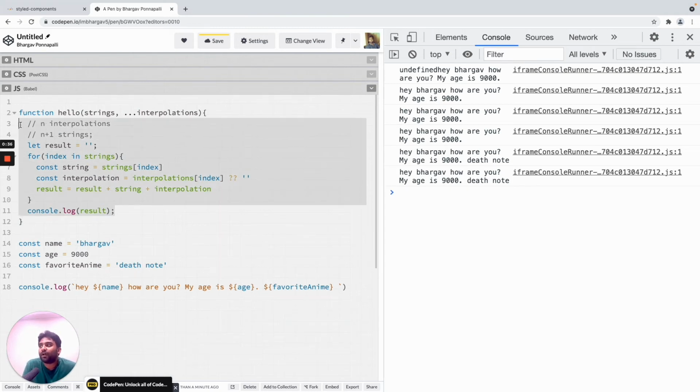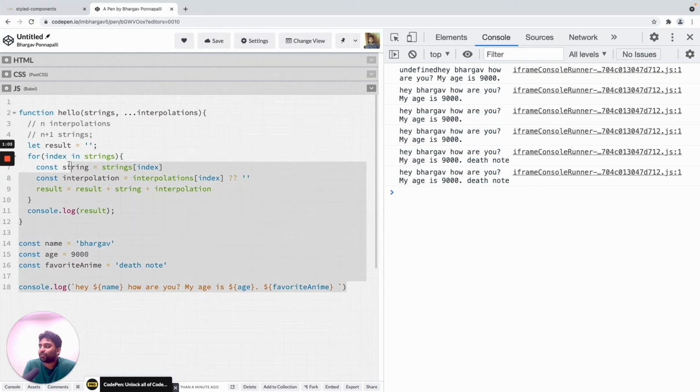So this is sort of how the original, or the default, function for tag template literals looks internally. To reiterate once again, tag template literals are function calls, and there is a default function in case you are not using a function alongside your tag template literals, if you are only using it for string concatenation, right?